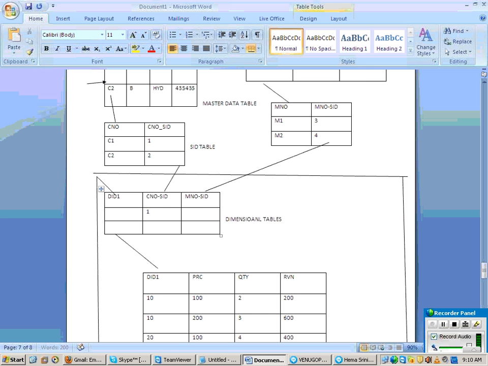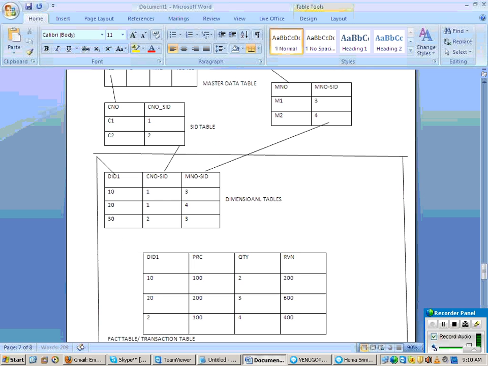When I am loading transaction data, let us say it is taking the combination C1, M1, what number is it taking? 10. Then suppose C1, M2, and then C2, M1, let us say it is 30.